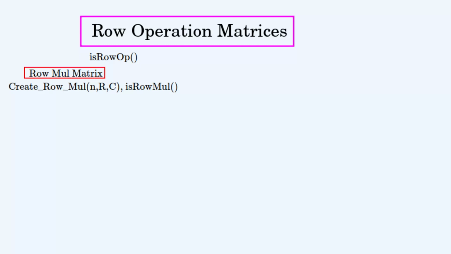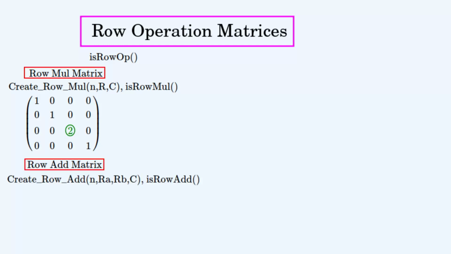So the first type of row operation that we'll look at is the row multiplication matrix. This matrix mimics the action of multiplying a row by a constant when it multiplies on the right of another matrix. These are its functions. These create a particular row mul matrix and test whether a matrix is a row mul operation. And this is what a row mul matrix looks like. It is an identity matrix with one of the diagonals being unequal to 1. I'll expand this definition to it being unequal to 0 as well,